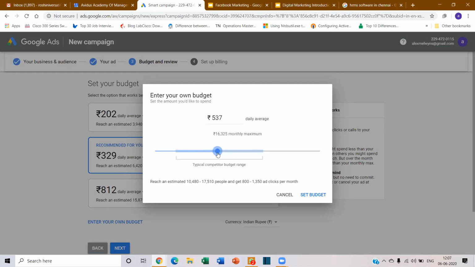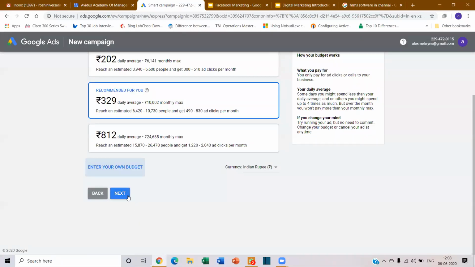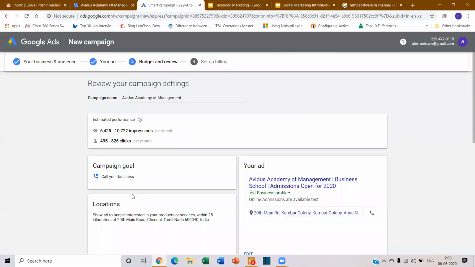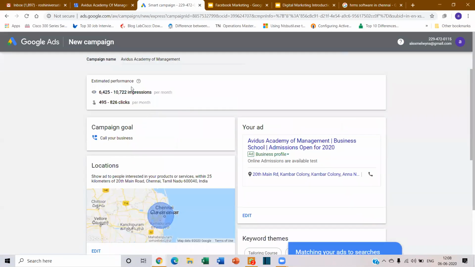So that when you ask about my ranking of the advertisements, this is how the ranking works basically. Because I should have a bid equally competitive with my competitor. If I give less also, if I give more also, what happens is I might not get this. That's again the thing. So you can fix the budget. Maybe I'm fixing this 329, then budget, give next. Okay, so this is what the idea is.